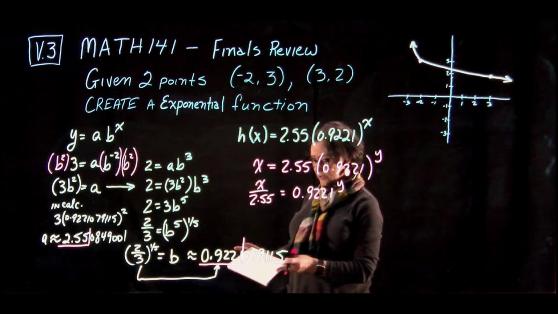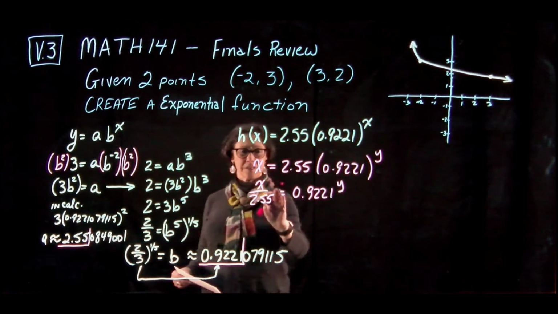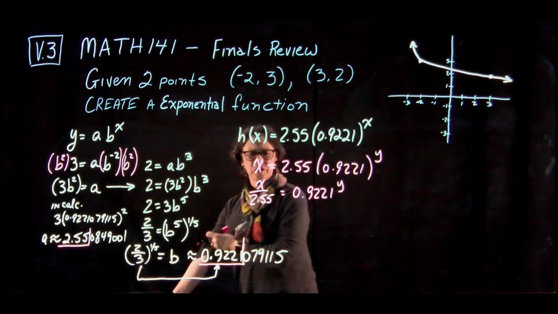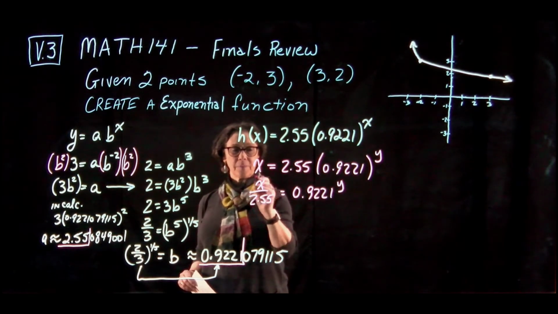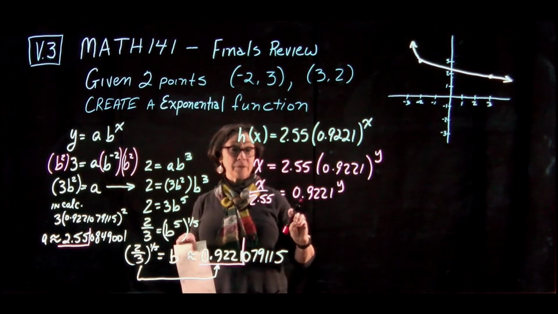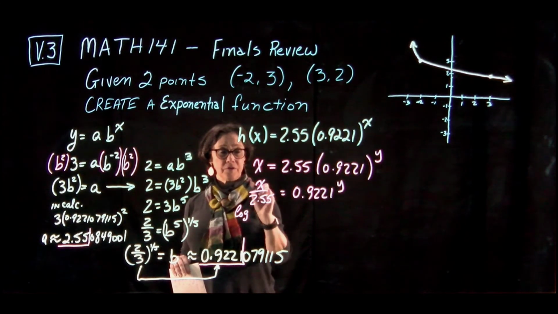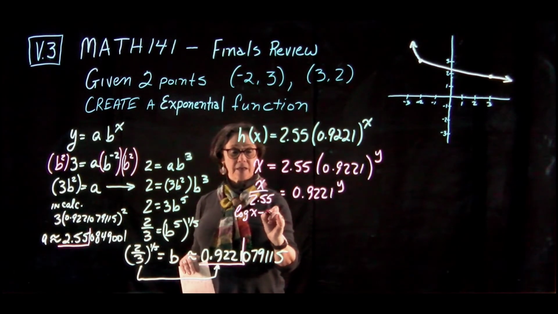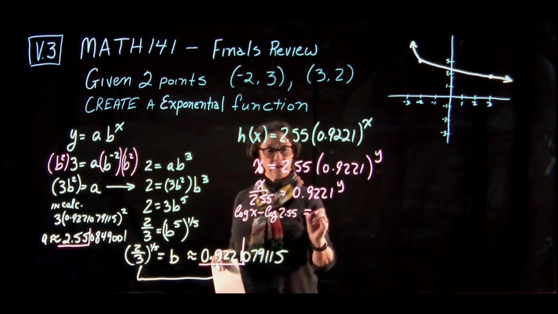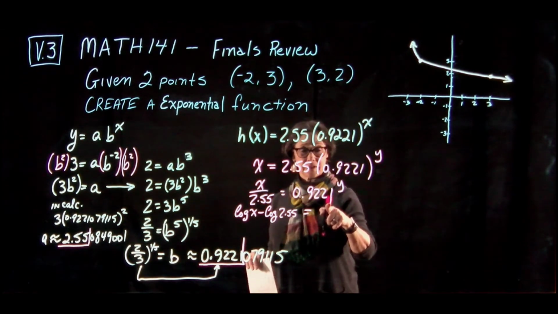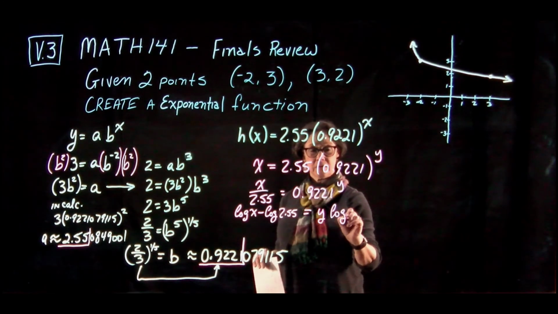The first step in doing that is I'm going to split this up into two separate parts. I know that when I take the log of something that's divided, I can split it up into a subtraction problem. So I can take the log of the numerator and subtract the log of the denominator. And I can also take the log of this number here and pull the y to the front. Y log of